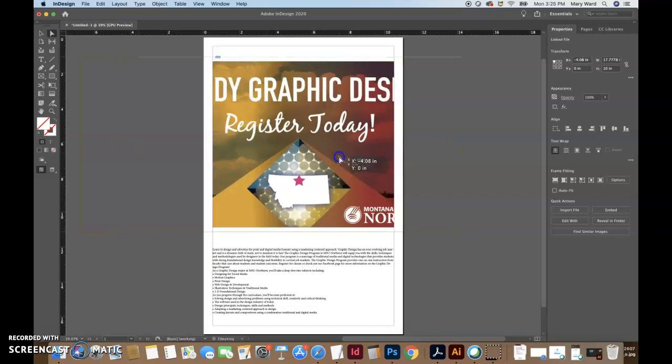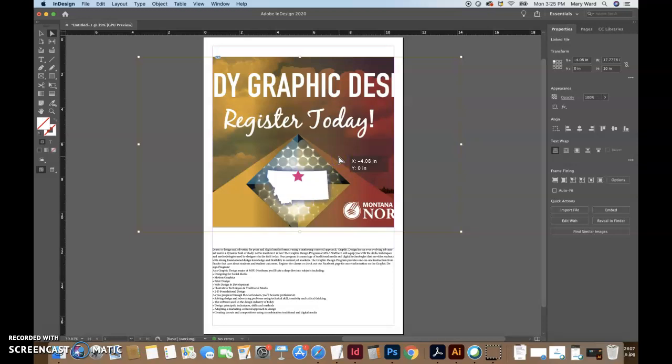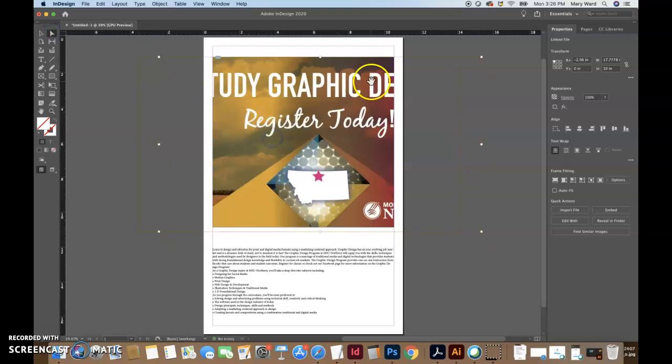It's a little bit different than some of the other programs, and I've noticed it really confuses students. So just be aware that the rectangle frame tool creates a frame, but the image that you bring in may not be of the same proportions. Using this tool may help you see the actual size. The red box is the actual size of the